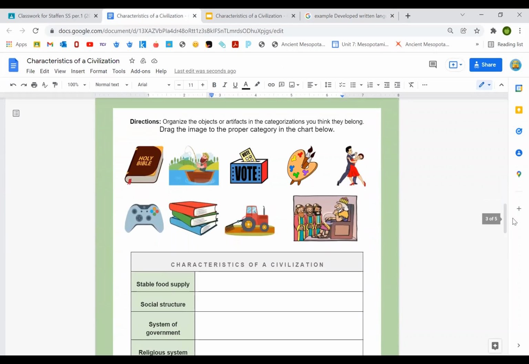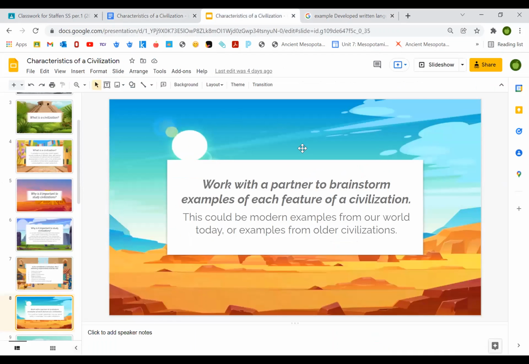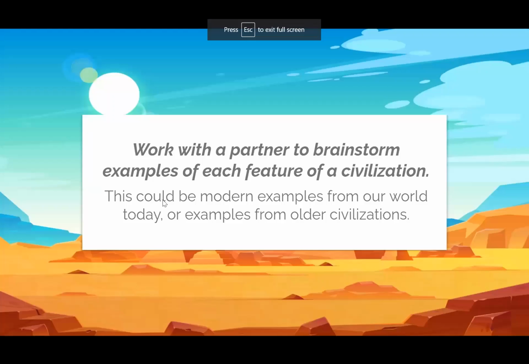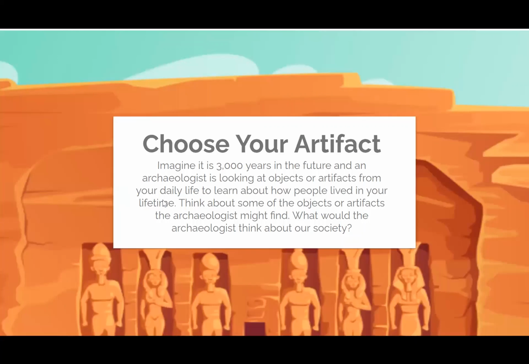All right, directions. Organize the objects or artifacts in the categorizations you think they belong. Actually, let me go back to my slides, just to make sure I didn't miss anything. That's what we're gonna do together as a class. Talk about